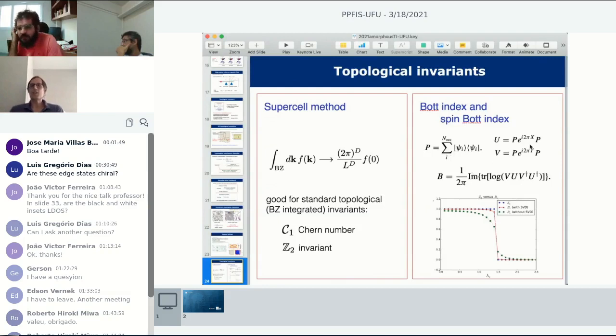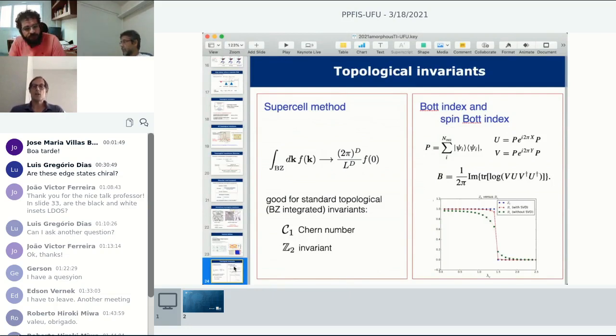The thing is that you really need big chunks of space. You need to do this integration over a large region, equivalent to several Brillouin zones, even if you take a clean system. But this is not a problem, because if it is well defined, it is more comfortable than the other approach, since you don't play tricks. You just compute your system and integrate over whatever you have. And this is the spin Bott index.